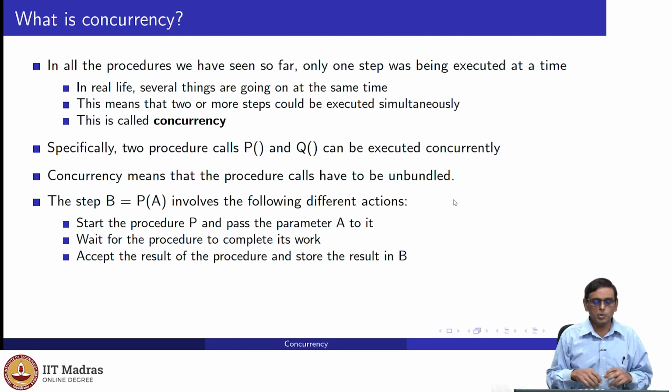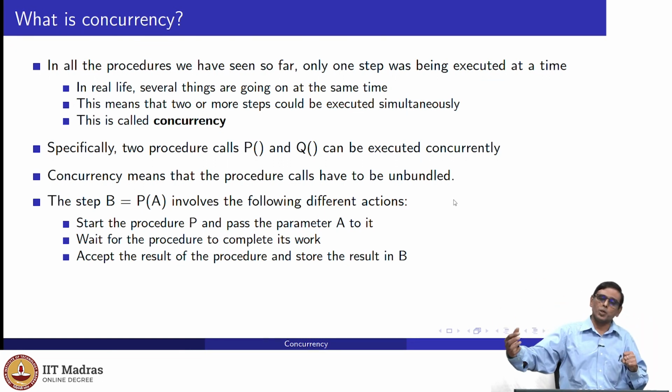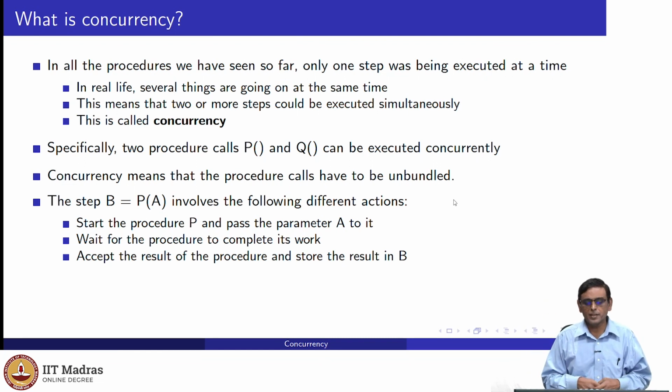So what is the caller waiting for? The caller is waiting for the procedure to complete its work. So we have to know whether the procedure has completed its work. The procedure has to be able to tell that it has completed its work. So that is the other thing. Third is the procedure, when it finishes its work, it has a result. It must send the result back to the caller, and then the result must be stored in B by the caller. So there are three different things going on, and unfortunately when we wrote B equal to P of A,